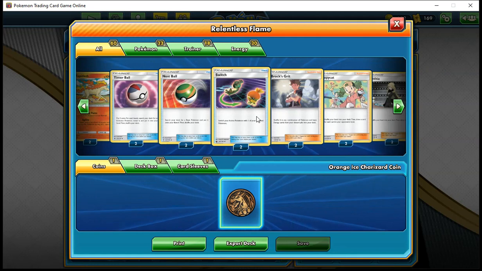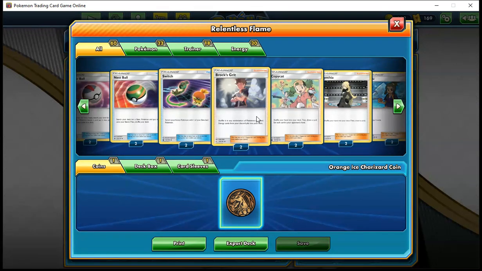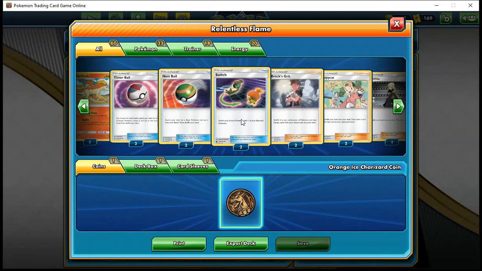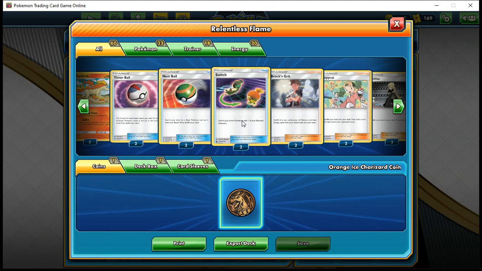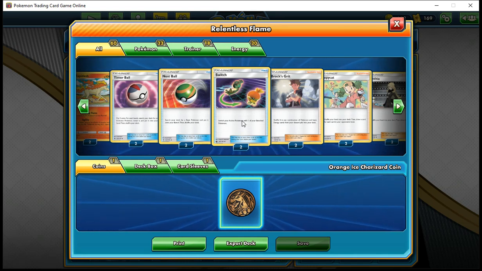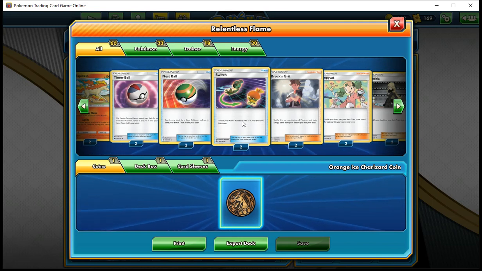I know I did a lot on the Farfetch'd during this video, but I feel that it is a really good card for a theme deck. Switch, really good. You don't want to lose your energies on your Charizard, or if you're at 140 damage, which I was actually at in a game earlier today. My Charizard was at 140 damage, and I was able to switch out of there without having to use its